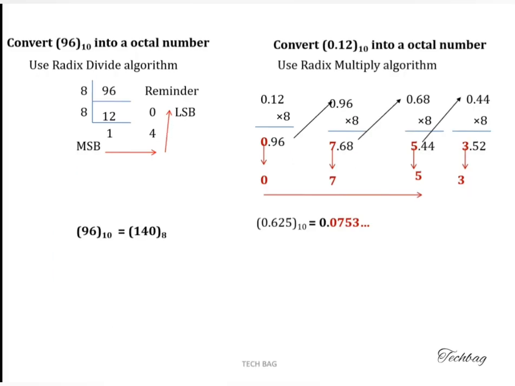In the same method you can find the hexadecimal equivalent from the given decimal number. If it is an integer, you have to divide the integer and successive quotients by 16. And if it is a fraction part, you have to multiply the fraction part by 16. So by the same method you can convert your decimal number into hexadecimal.